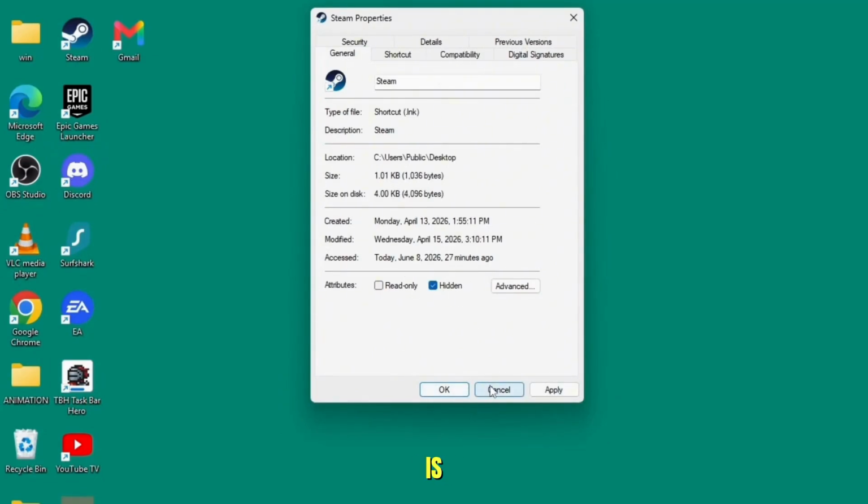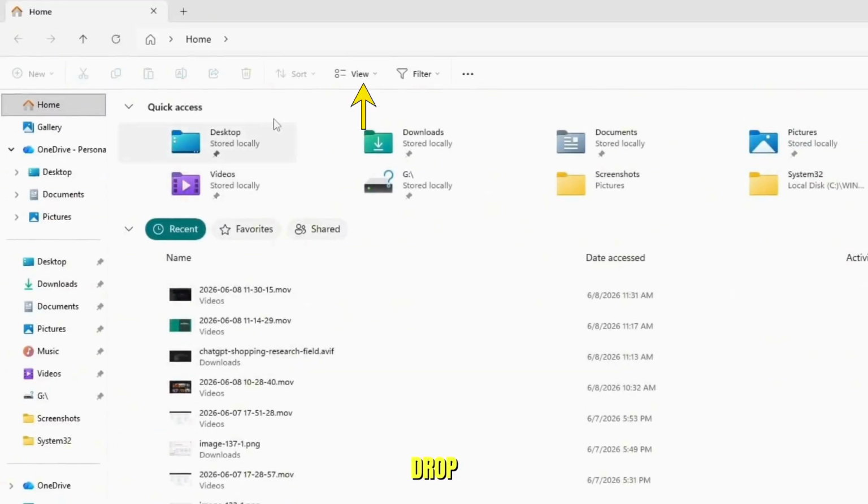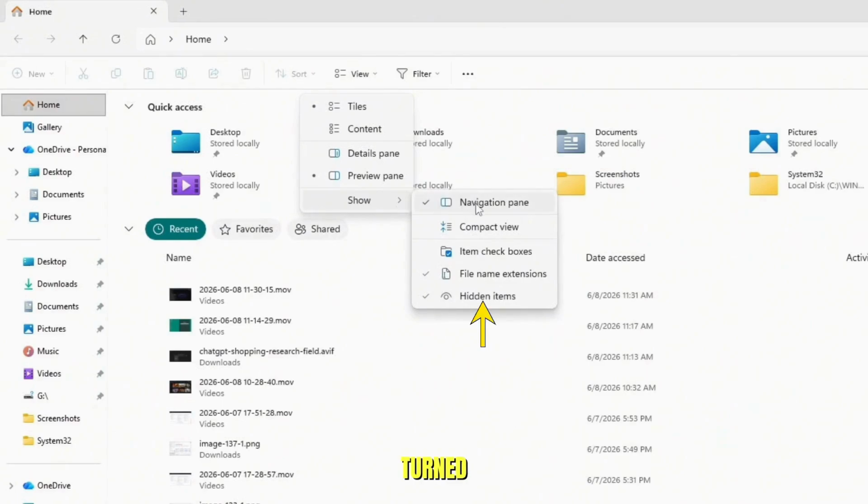At this point, the item is marked as hidden, but it might still appear on your desktop depending on your settings. To fully hide it, open File Explorer on your PC. Now click on this drop-down for View. Then go to Show and make sure Hidden Items is turned off. Once you do that, go back to your desktop and the file or folder you selected will no longer be